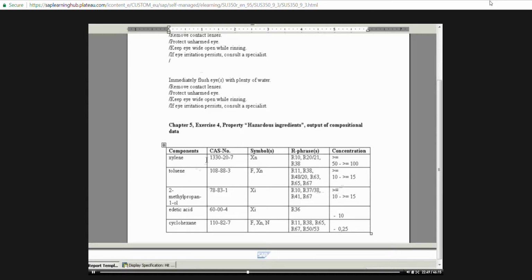And now we see in the table a row for each component. In the first column, we have the identifier for annex. The second column, the identifier for CAS number. In the third column, the data for hazard symbol. In the fourth column, the data for R phrases. And in the fifth column, the